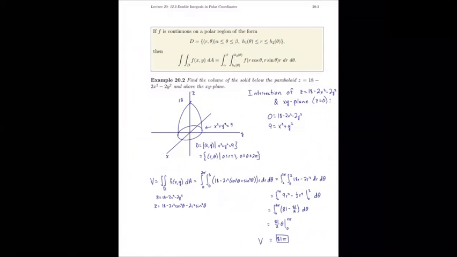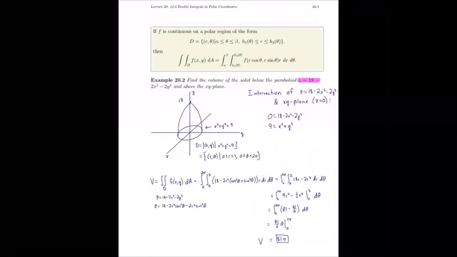Now we just have a function of theta for the limits of r. So some problems will be given to us in this format. Now, whether or not we use that every time is up to us. So in the example given below, we're asked to find the volume of the solid below the paraboloid z equals